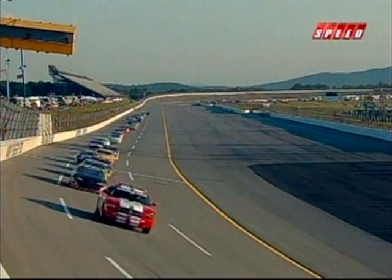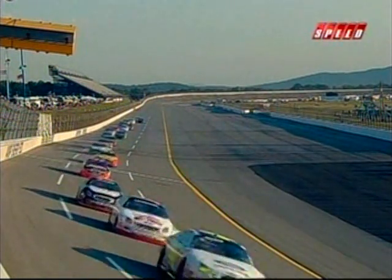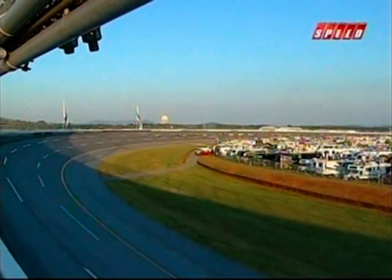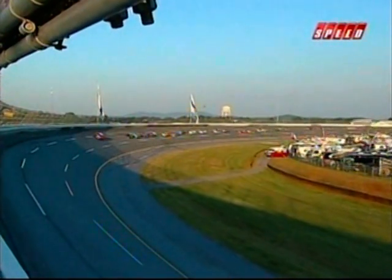Welcome back to Talladega Superspeedway. Field still rolling around this 2.66 mile superspeedway under caution. This one for the fourth caution of the day, and it was one of our championship contenders involved, the 99